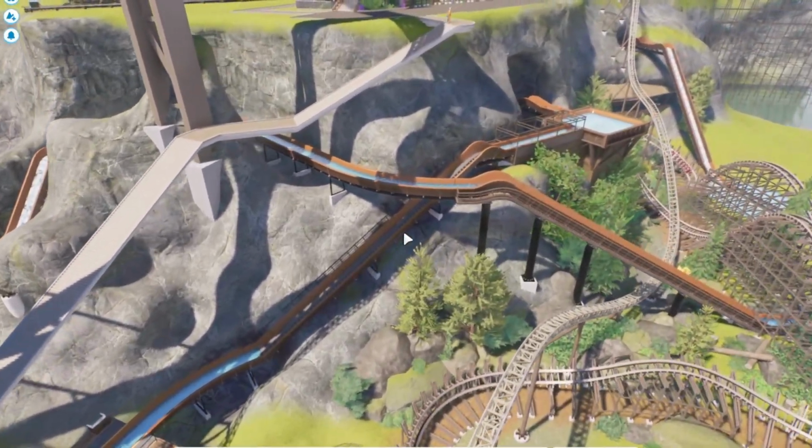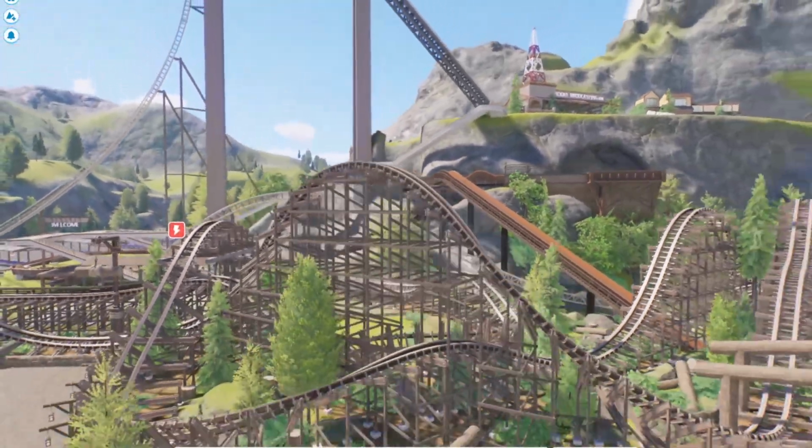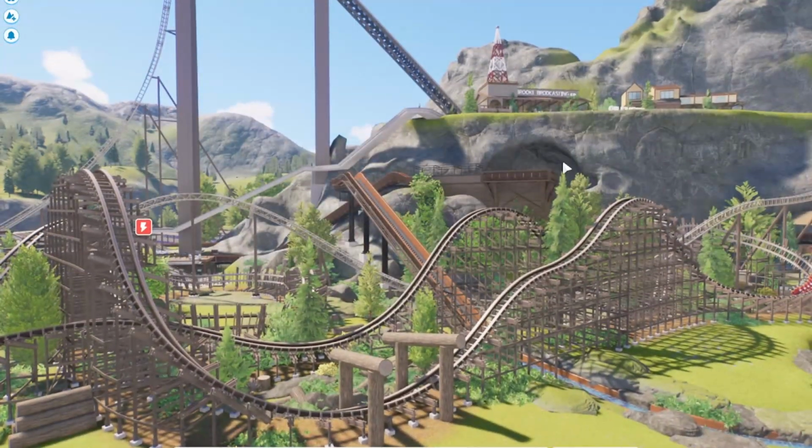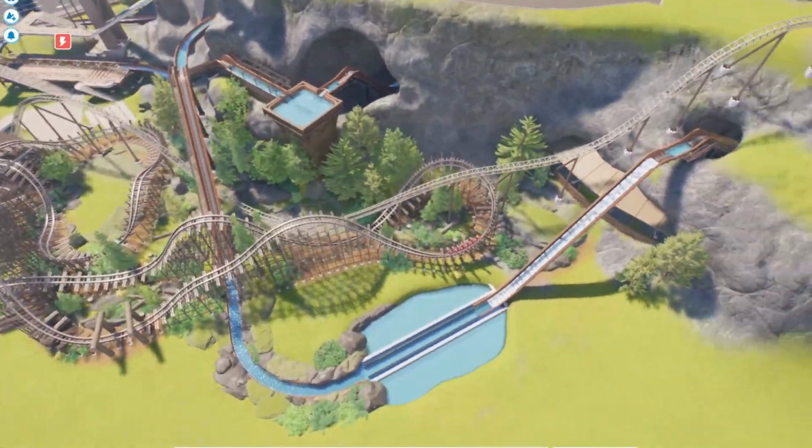But yeah, I am really happy with the way this is all working out, and I actually think it's going to look really cool from this angle once all this is in place. But yeah, so I guess what I'm going to do...